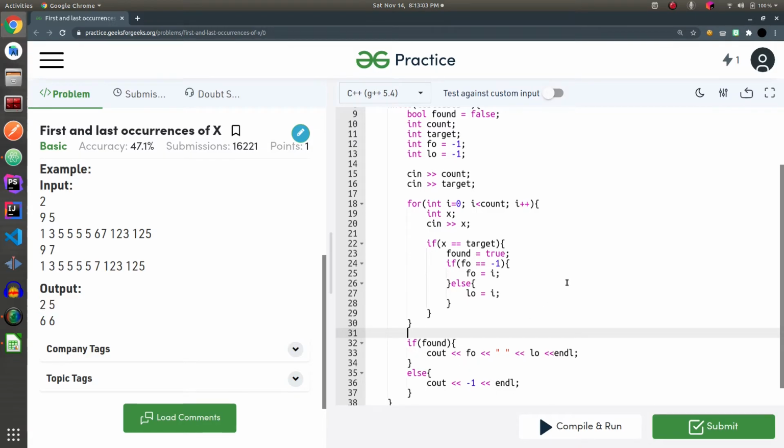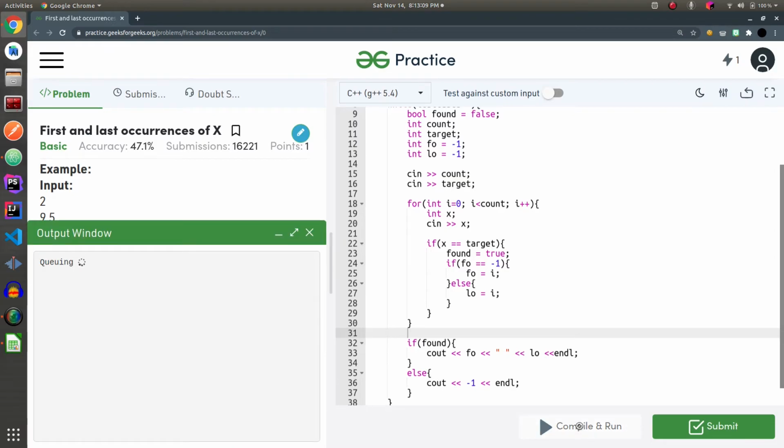There is one more case which is missing, but let me run this program first. As you can see, in the first test case the answer should be 2 space 5, which is fine.